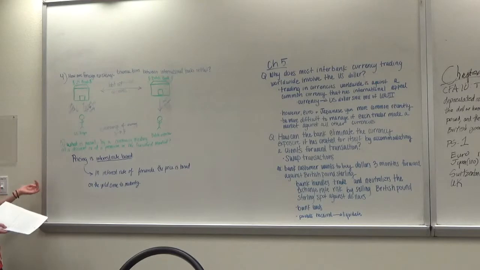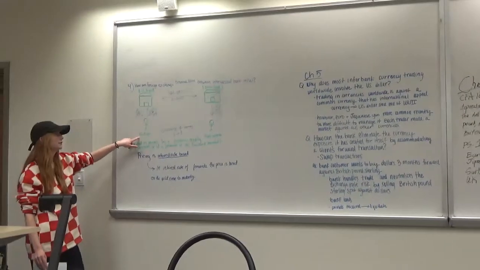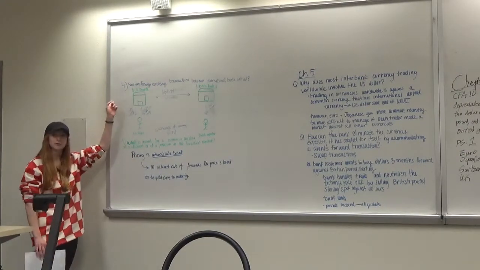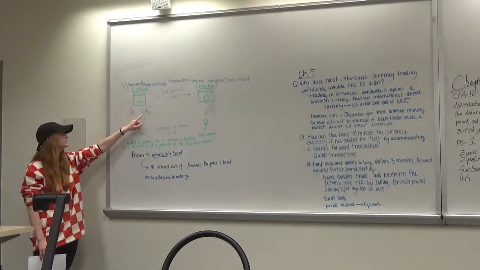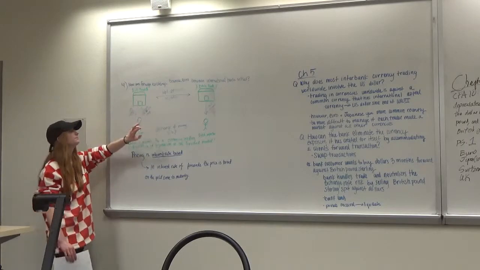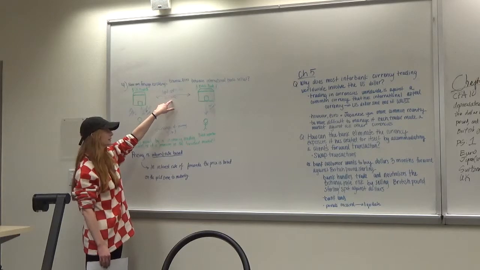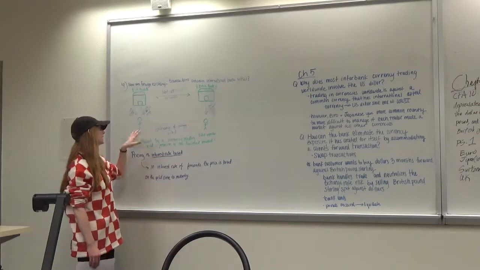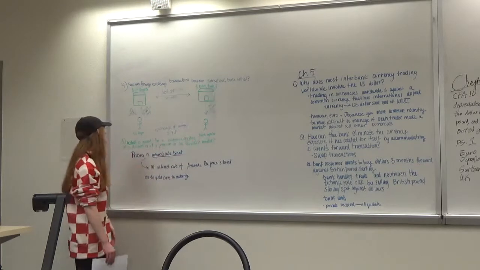Okay, so I have chapter 5, questions 4 and 5, and the first one is how are foreign exchange transactions between international banks settled? Let's say you have a US buyer who wants to get something from a Dutch exporter. They go to the US bank and find out the exchange rate, and after they accept the exchange rate, they give the bank the money. These two banks are also communicating during this process, and they have to debit the appropriate accounts. Then the Dutch bank will credit the account of the exporter, and that is essentially the movement of money from the US buyer to the Dutch exporter.